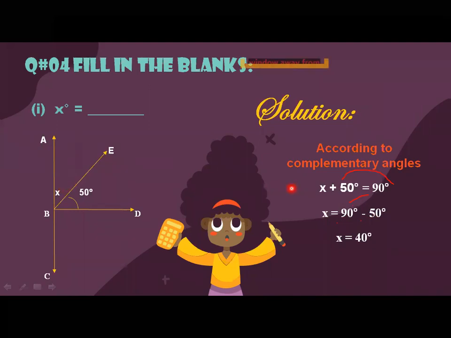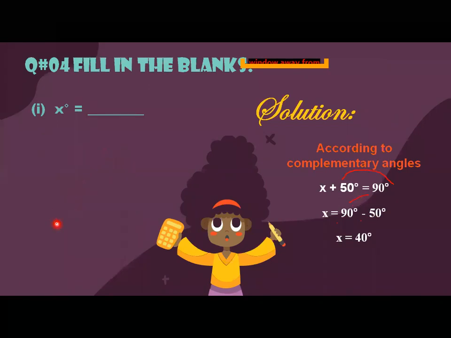So after solving this one, you have to draw this figure in your copy on an interleaf page, and you are going to draw this figure with proper measurement. So I'm going to show you how you will draw it. Now look here. First, you will draw a straight line, just like this. As you can see, there are arrowheads on both sides, and this is a must. You have to draw arrowheads on both sides.